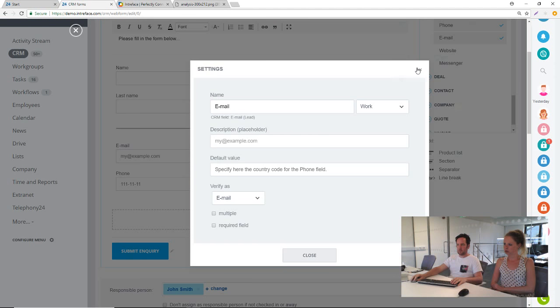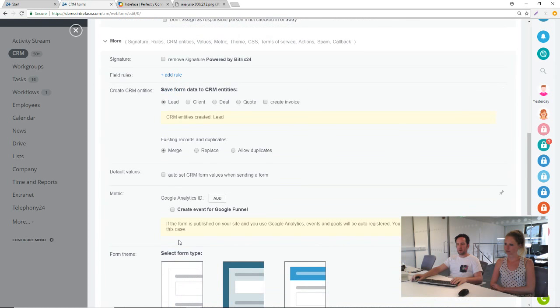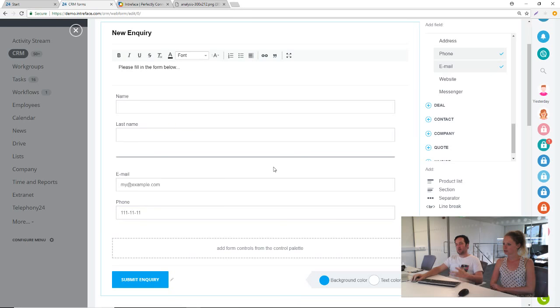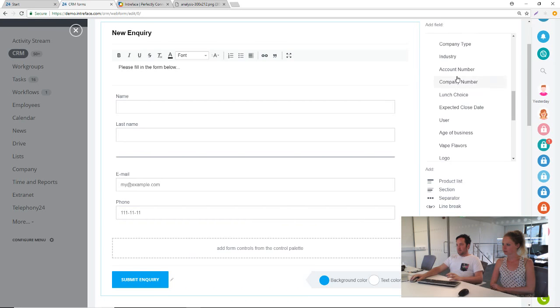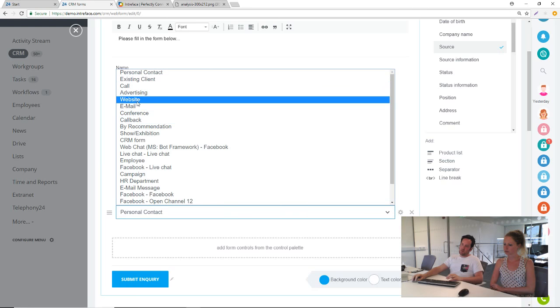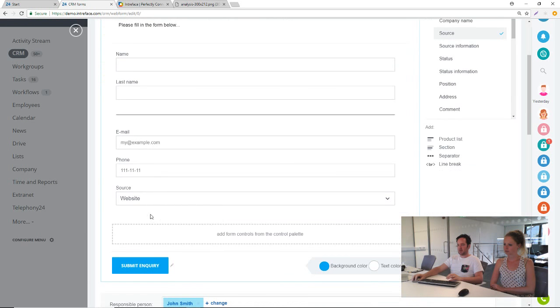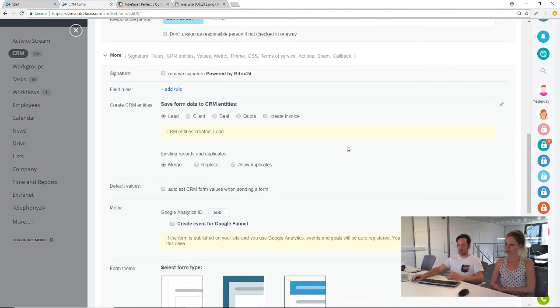Just one thing on here. I'm not sure if it's on our system just yet, but there is an option now to have a hidden field on your forms. So let's create a source, and you can see here that we've got all these sources. We may want that, if we have a website, to be equal to source, and I'm sure there is an option to hide that. So it wouldn't actually show in the form itself, but we could have that hidden so we knew what the source was. That's quite good for other fields that you may want to hide on the system. I think that's relatively new because it did come in